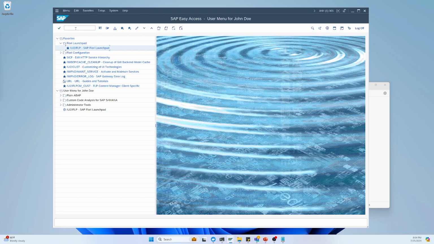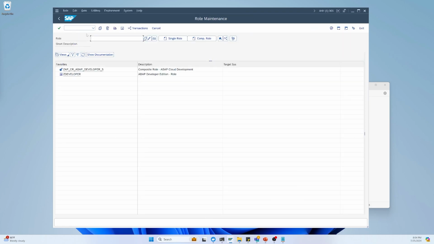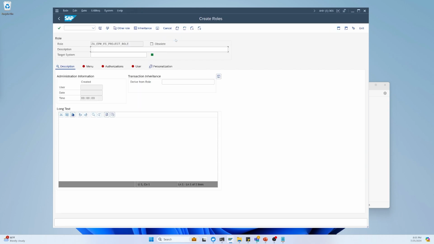So what I am doing, I am going to PFCG and adding a new role, EPM FS project role. It should be a single role, and from here I go to that